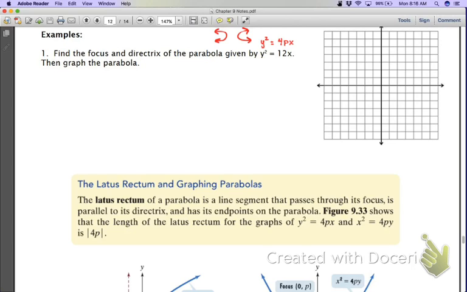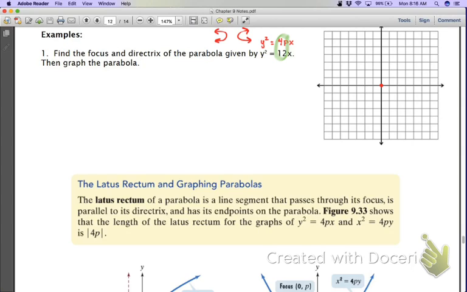4px, then what I need to do is figure out what my p-value is. Okay, I have the x, so from there I need to figure out there's no movement, so there's no plus or minus, so I'm just going to have a point at 0, 0. Okay, we'll get into the movement and things like that in a second. So from there, the biggest thing, you would treat it just like you would any other parabola. So